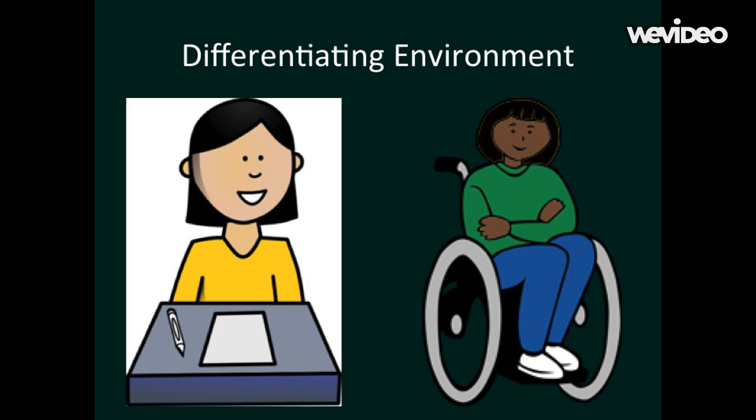The final way to differentiate is by differentiating the environment, both in terms of the physical layout and the materials available in the classroom. For example, Melinda is Chinese American. Her teacher includes classroom materials that recognize her culture and heritage so that Melinda feels a sense of belonging in the classroom. Keisha is in a wheelchair, so her teacher arranges the classroom so that Keisha can easily move around